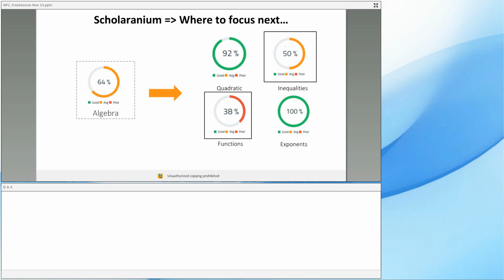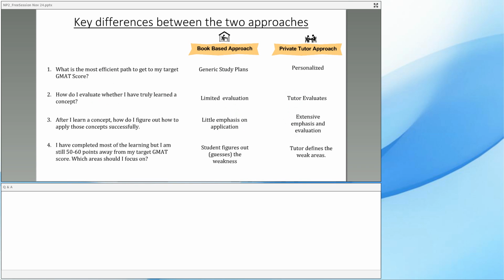So that's kind of how you can really see that even though you're learning the same content with an approach that's very similar to a private tutor based approach, with feedback that's personalized to you, when you go through this content you can be very certain that you hit that 80 percentile or 93 percentile. And if you don't, you'll get insights as to where you need to focus on.